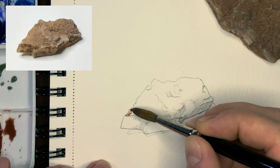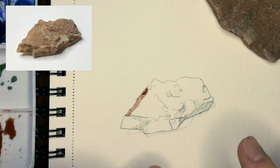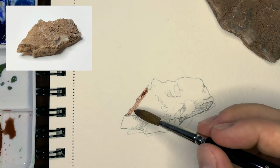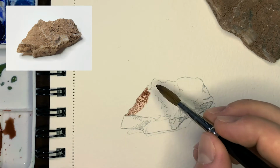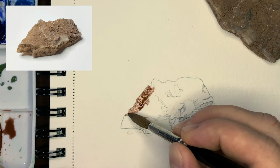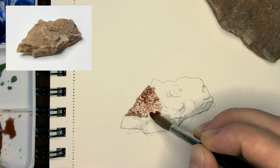area. But since this rock has a bit more variation in areas of extreme light and extreme shadow, and also just areas that are lighter in general in the rock, these more quartz-like crystal areas versus these more opaque areas here, I'm going to be mindful of that as I'm filling this in, and then add some nuance and subtlety to